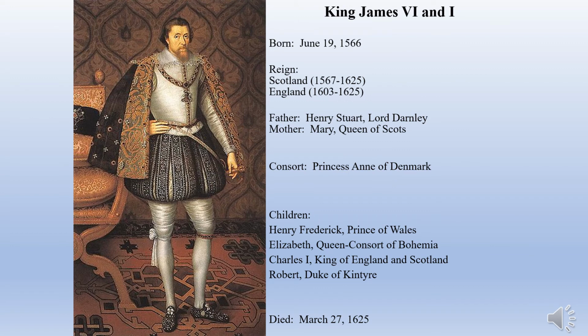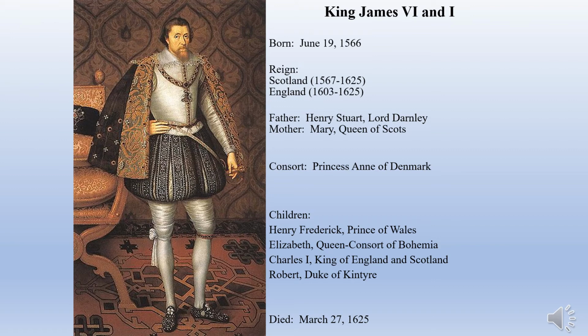King James VI of Scotland was 37 years old when he received the news that he was also now the King of England. The new king was a complete change from the previous dynasty. James was born in June of 1566, and he will rule over Scotland from basically an infant from 1567 to 1625, and over England from the death of Elizabeth in 1603 to 1625. What can we say about King James VI and the First?